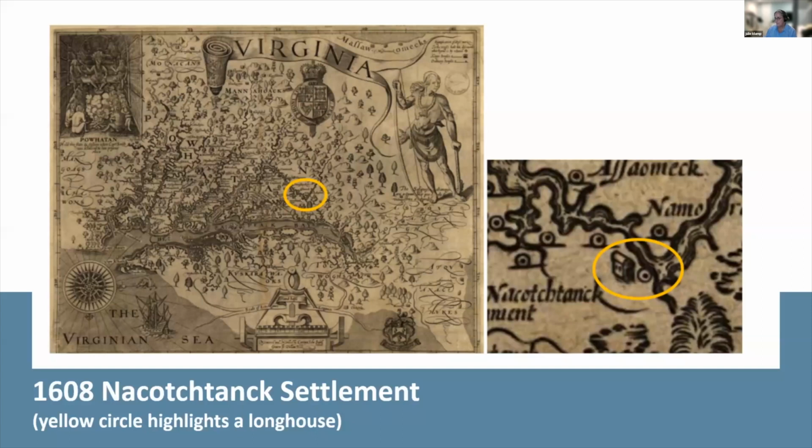So I just thought this was kind of interesting. This is the site. It's called Berry Farm. It was owned by a man by the name of Berry, who owned slaves, but ultimately sold the land to the Freedmen's Group, who ultimately sold 1-acre properties to recently freed slaves after the Civil War. And this map is from 1608, and you can see that there's a longhouse zoomed in there. So maybe that was the first house on our site.